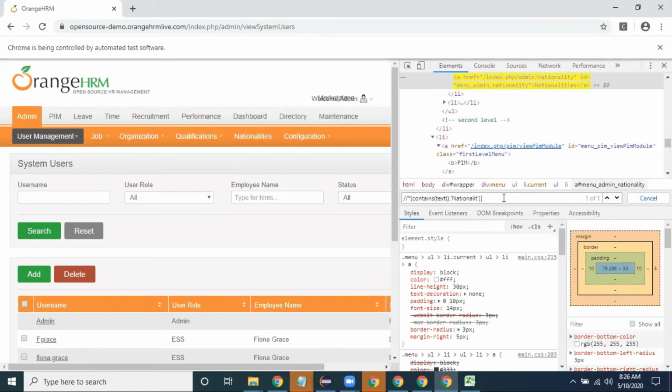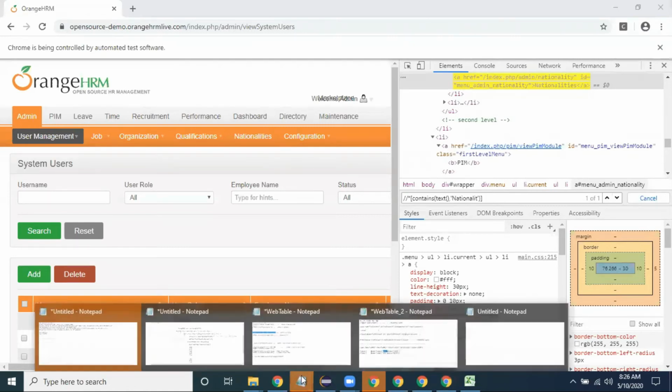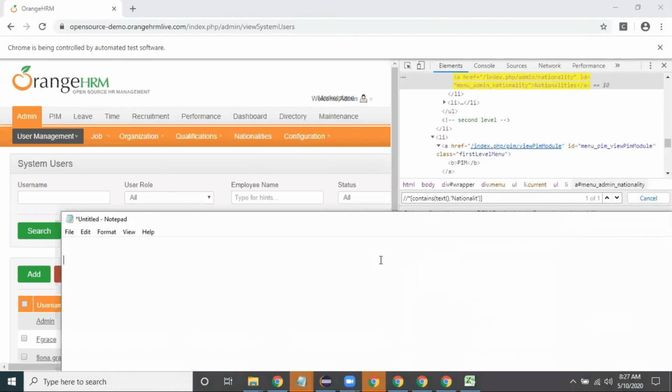Suppose in the hyperlinks, partial link text, we discussed inbox of 123. Do you remember?